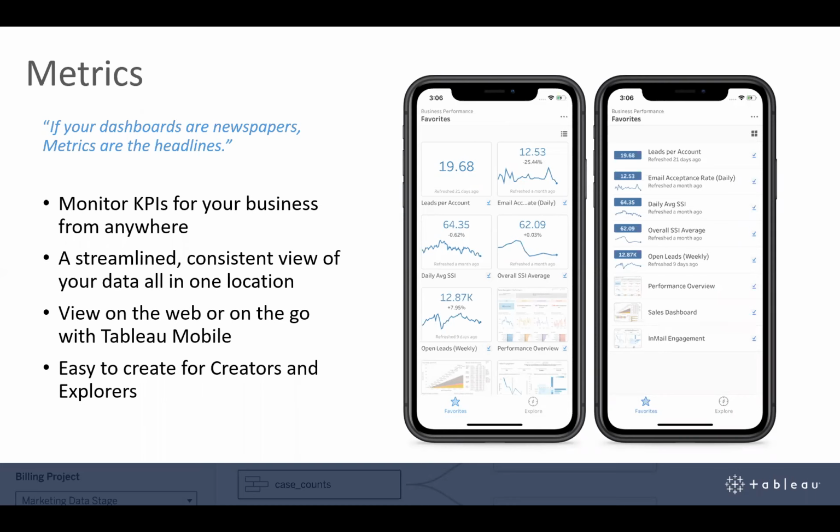Because many times, like what you're seeing here in the screenshot, people would have to go out to 3, 4, maybe even 9 different dashboards to go find the information that they want. So now they can go to each one of those dashboards, choose which metric they want, and then make that a favorite. And so that way, when they go into favorites, they see all of those metrics right there without having to go in through 8 or 9 different dashboards.